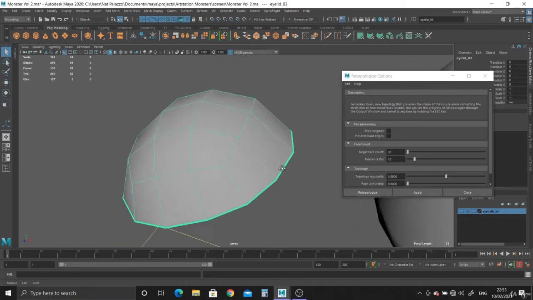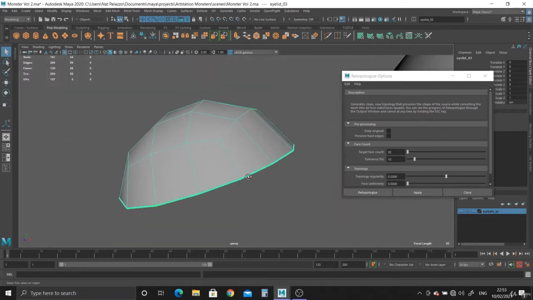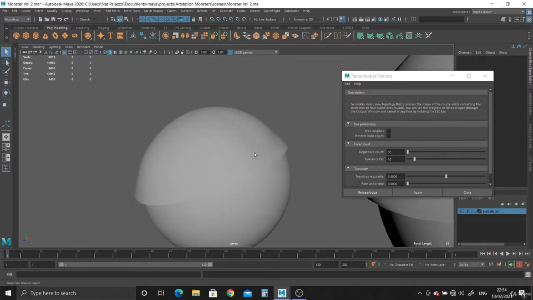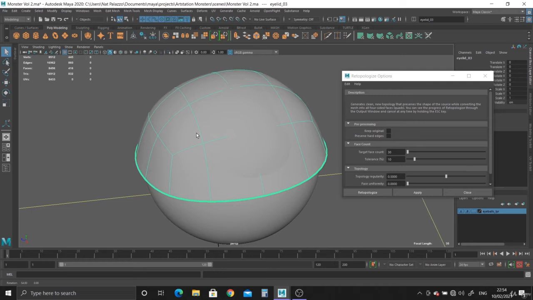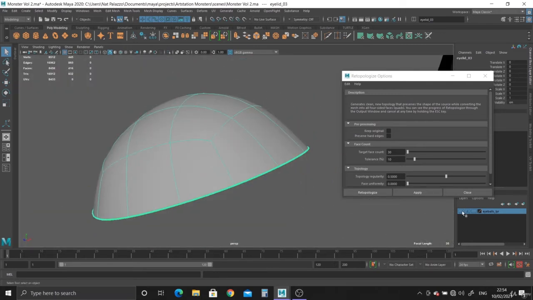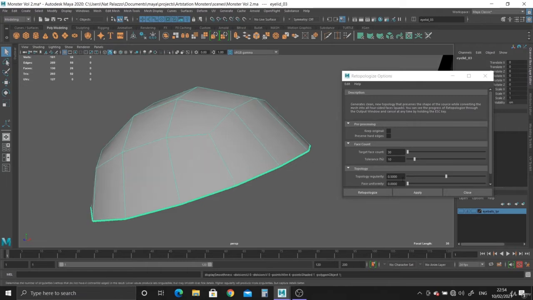Apply, there you go. So it's 30. You might want to do even more. Let's check it out with the eyeballs. There we go. And let's hit 3. And as you can see, it's shrunk a little bit too much because we don't have enough geometry. You can always make it a bit bigger, or basically if you want to you can actually increase